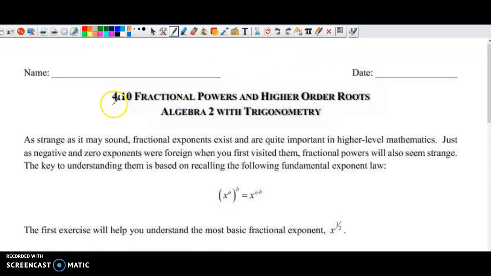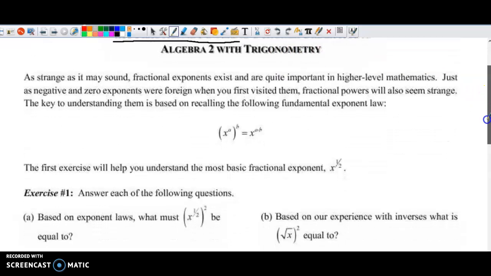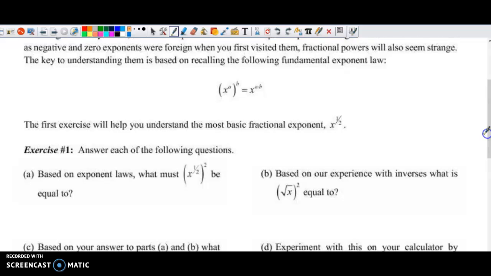The thought process with this problem is to understand fractions as exponents, as well as some of these higher order roots. And the first thing that they talk about is this rule right here, that if you have a power to a power, you multiply those exponents. And it's pretty straightforward, and I can give you an example very quickly, that if you had like x squared cubed,